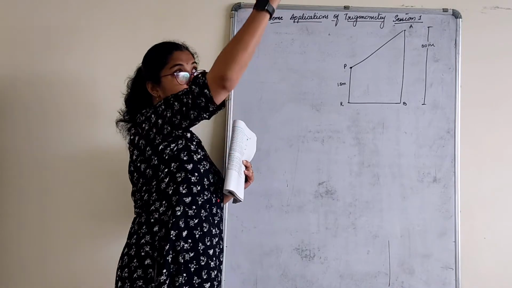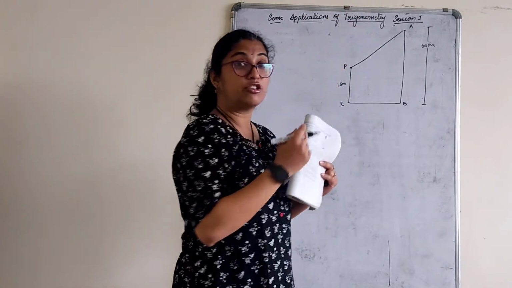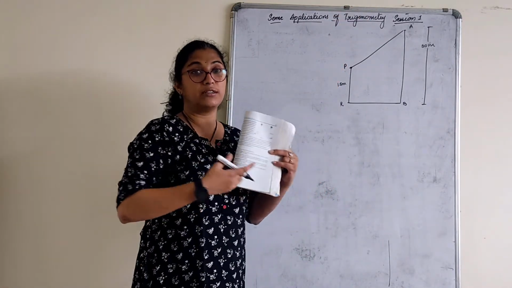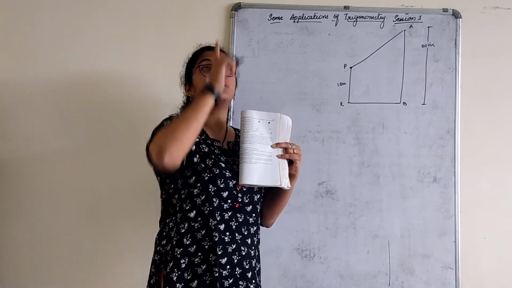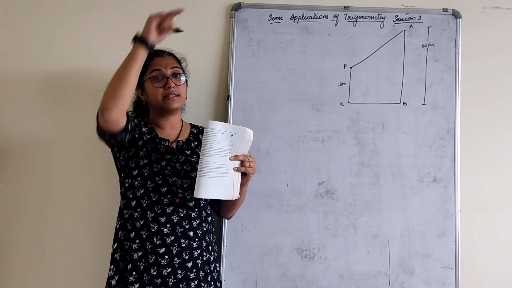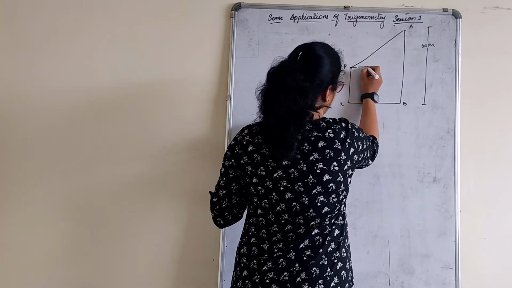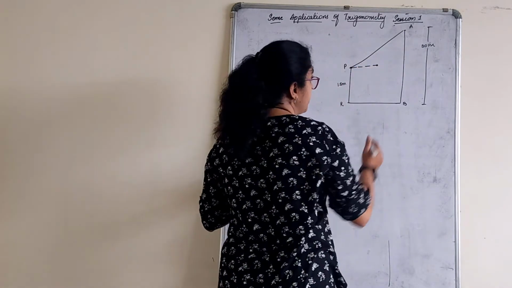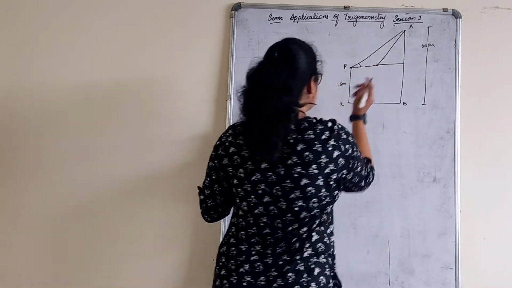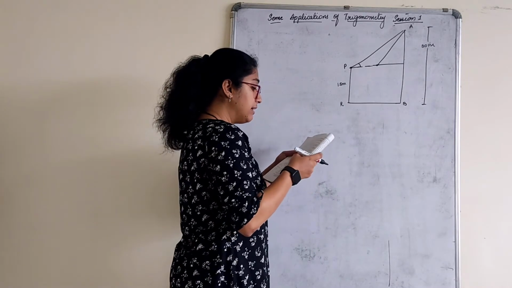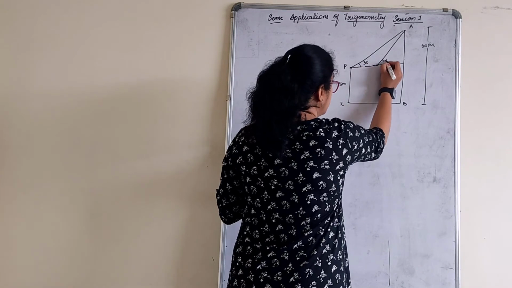Now assume I have to watch here, I am watching. The minute I start walking, my elevation also changes, definitely. If I am standing far, the elevation is different. As you go near, the elevation changes. The elevation becomes like this, but if I am far, the elevation becomes like this. Just try this, practically understood. This is the elevation. As the boy moves further, assume that he came till here, this will be the elevation, right? So as he moves towards the tower, the building elevation increases from 30 degrees to 60 degrees.